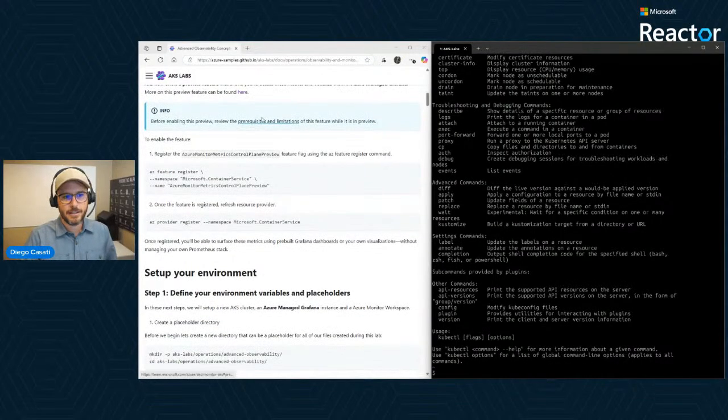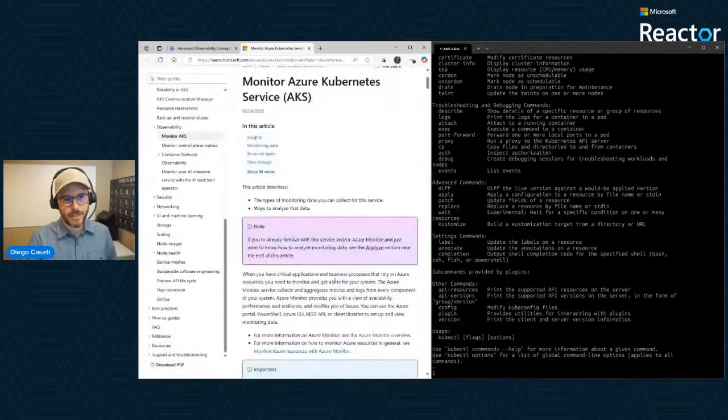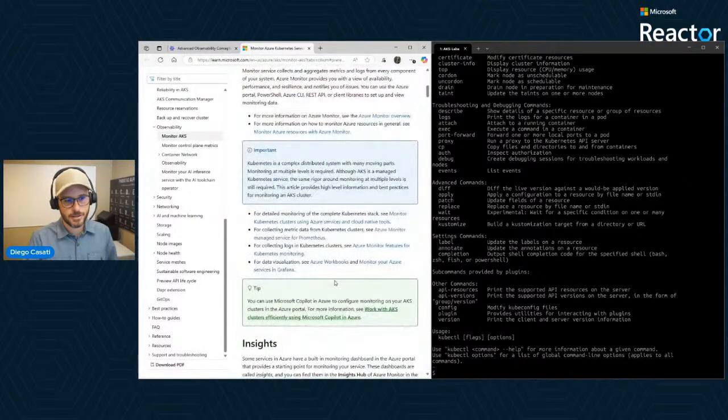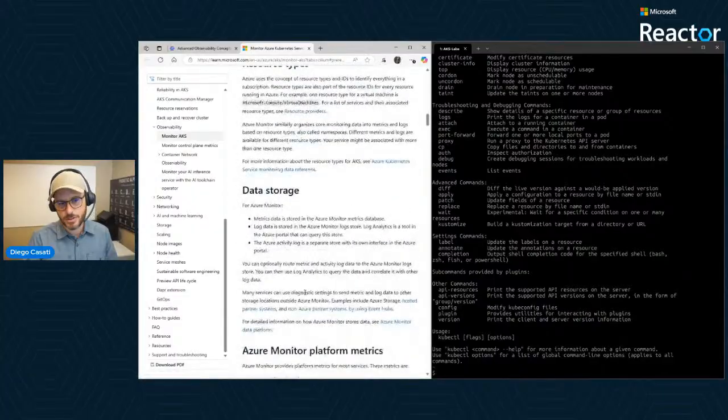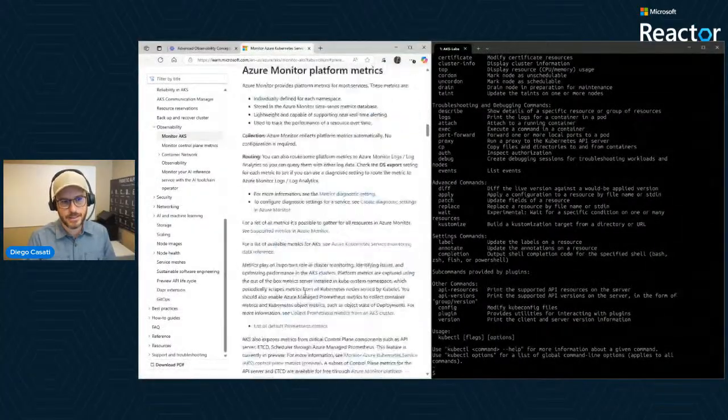I did leave a link in here about some prereqs and limitations. We'll open that here so you can see how it looks. As you go down into what this can or cannot do, there is a detailed amount of information that you might need, right? We do explain what type of resources and data storage and whatnot.